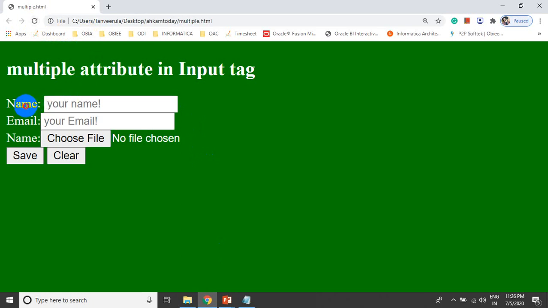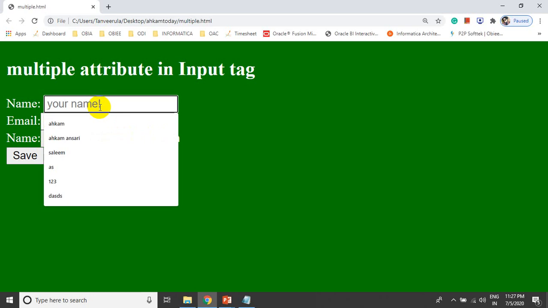One is name, so your name, this text is coming from placeholder. Your email, this is also coming from placeholder, and this is input type equal to file. Currently it shows no file chosen, means once we upload the file then it will show the name and location of the file. So in name you can insert any name.